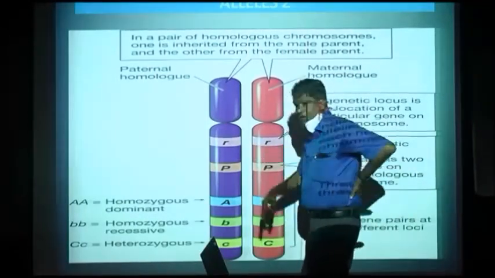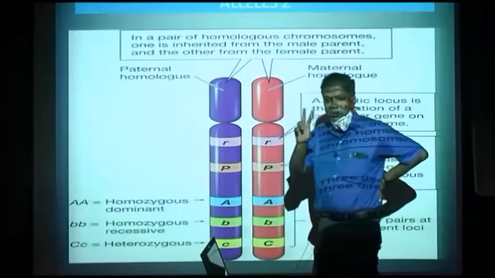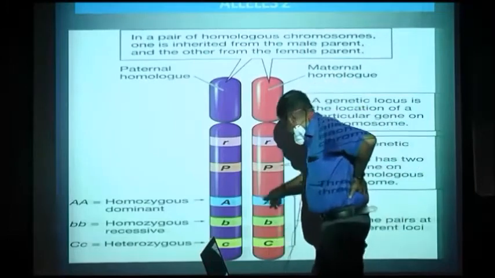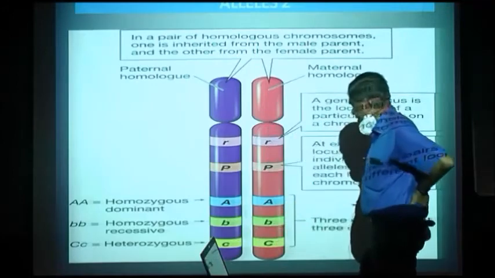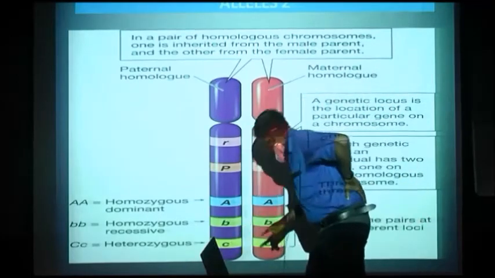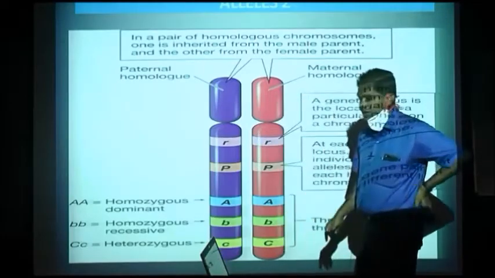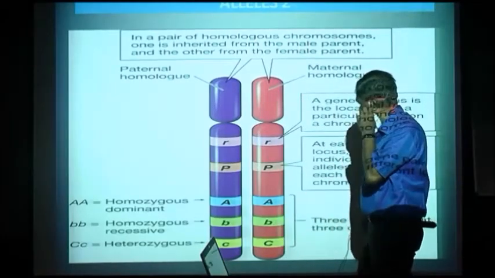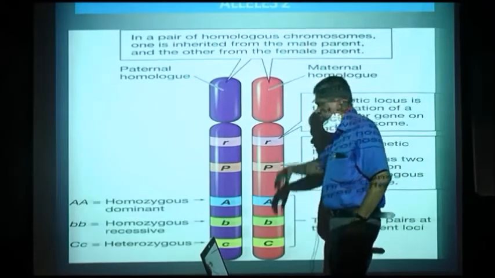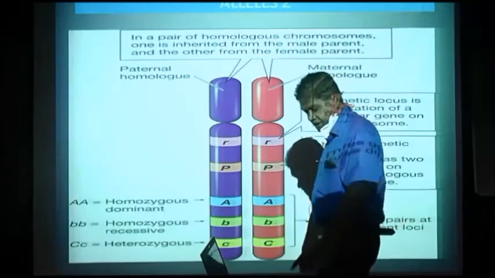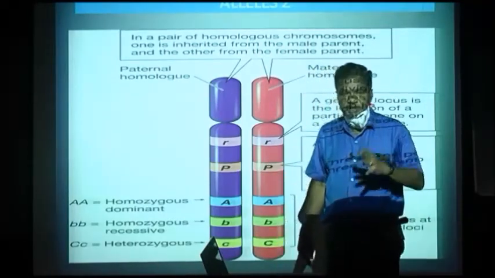This is a pair where both the genes are recessive. This is a pair where both the genes are dominant. This is dominant recessive, and this is heterozygous recessive dominant. Here this will express itself as per Mendel, whereas here the recessive gene is expressed, here the dominant gene is expressed. Now, with this background, let's now enter into the deviation.